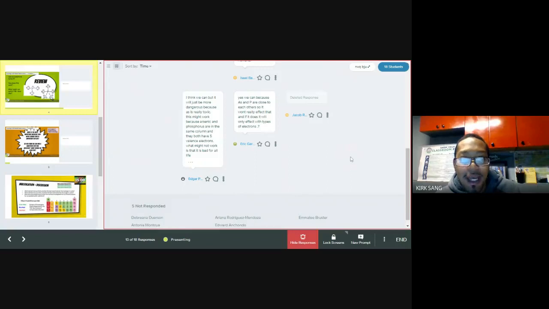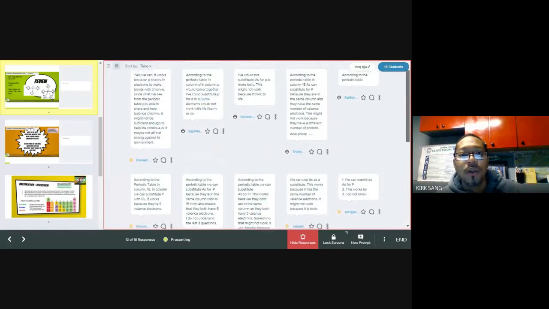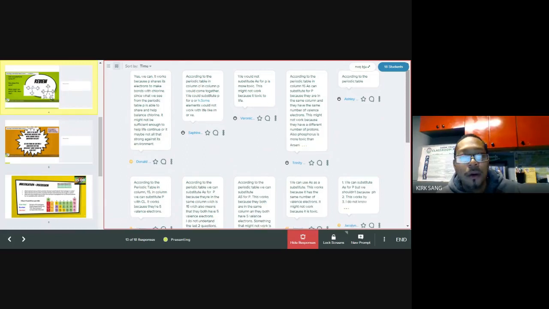And I see Edgar adding more to his response. Make sure that we're coming back to these responses when we're answering our exit tickets. Some of them are plug and play. We're working towards that exit ticket. Some of them, we just need to read it back and remember what we learned in this lesson. All right, giving you about 15 seconds more before we move on. It's now 9 o'clock.